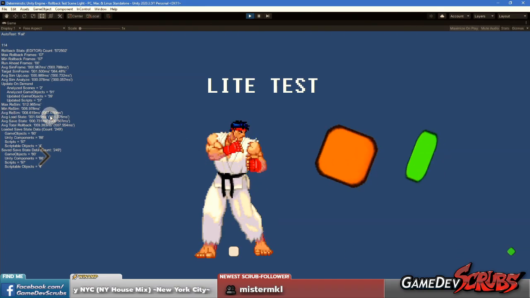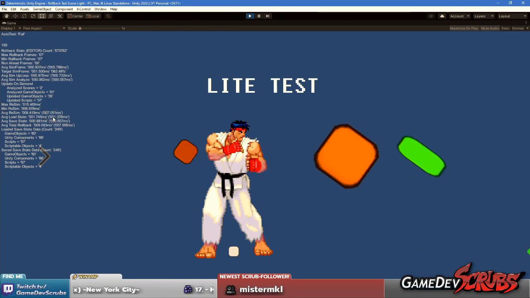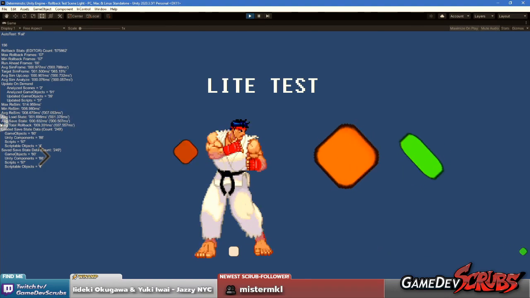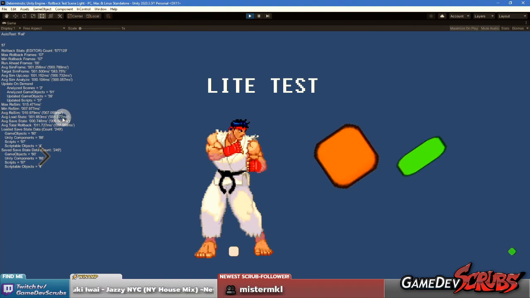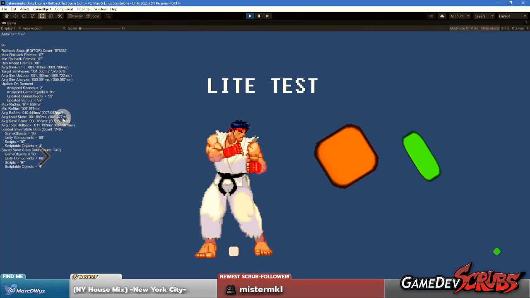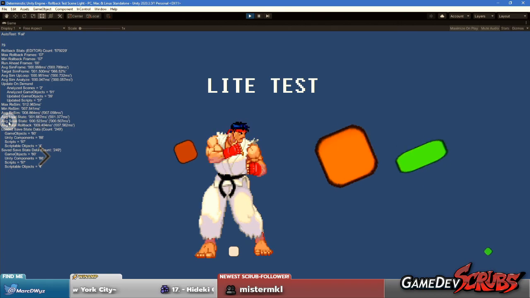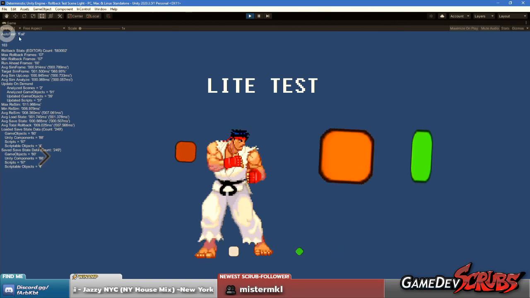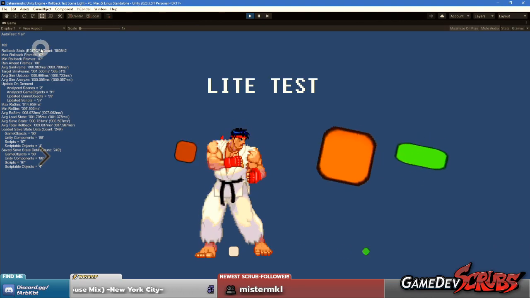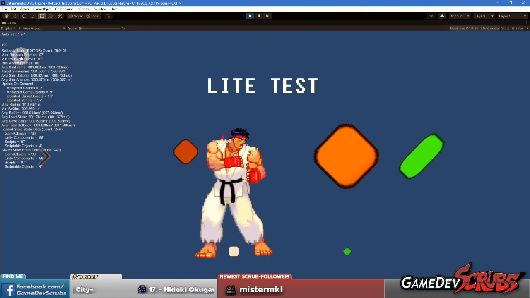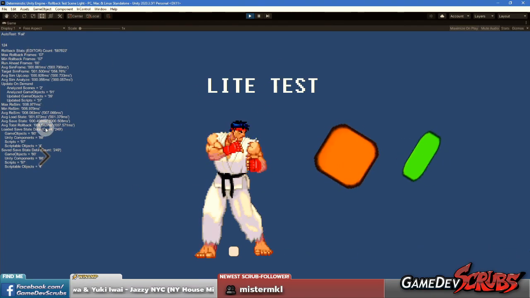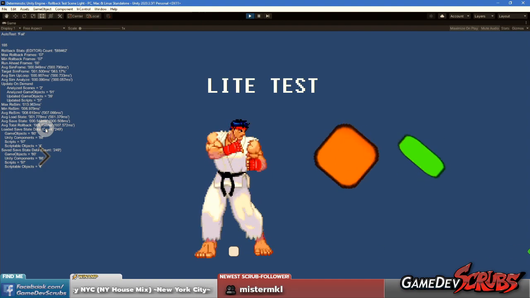Part of the problem is Unity does its thing its own way, and I have to capitulate to it when I load the state. There's just some stuff where I have to play ball with it, and it can become an issue. Hopefully I'll be able to lower this over time, and I've actually substantially lowered it. It used to be like 2.5 milliseconds, but now we're also running this in the editor. That makes everything slower too. That's a whole other thing. So these numbers are actually faster when the game's running on its own, outside of the editor, but that's getting into the real weeds of it.